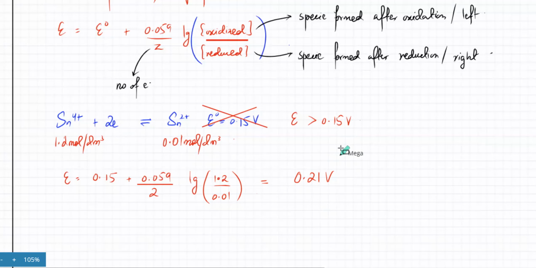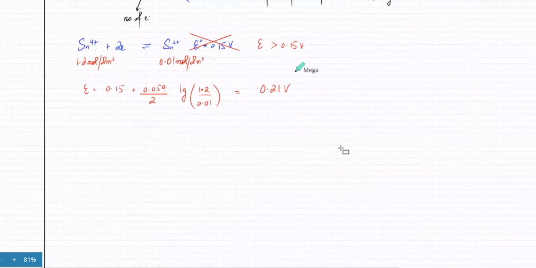Yes. So it's going to be slightly higher or slightly lesser. That's about it. So not a massive change. Another way that questions get asked about this is that you've got unfeasible reactions and you try to make them feasible. So for example,